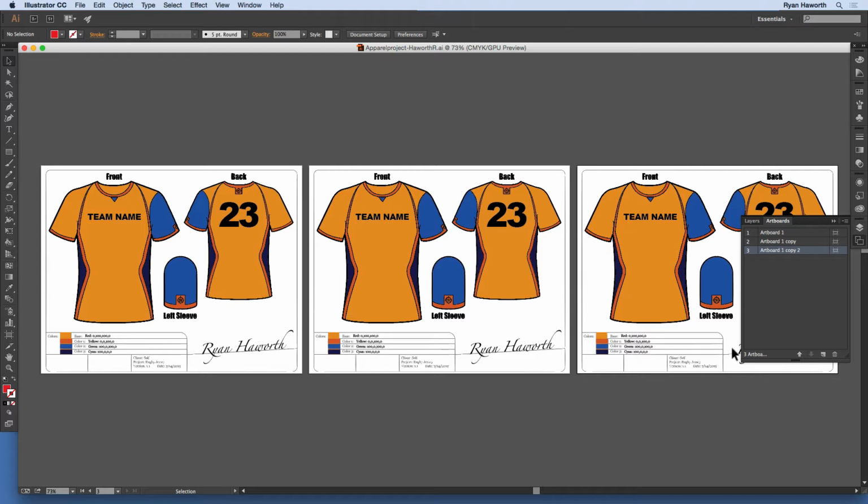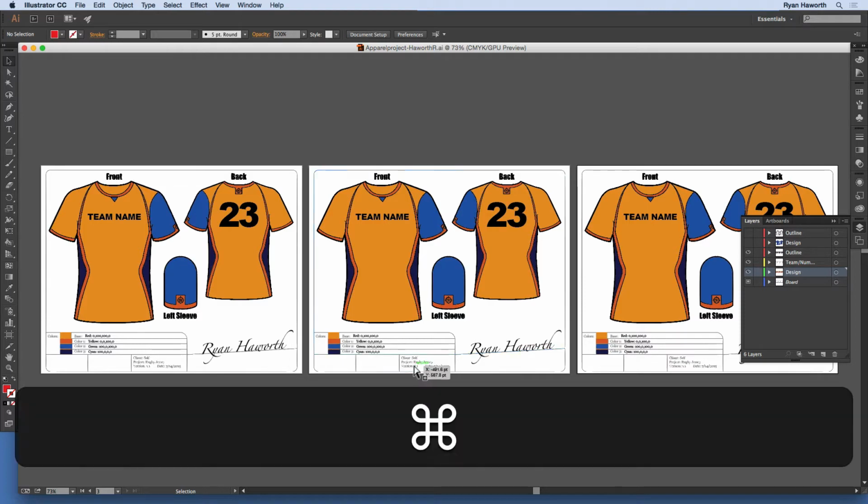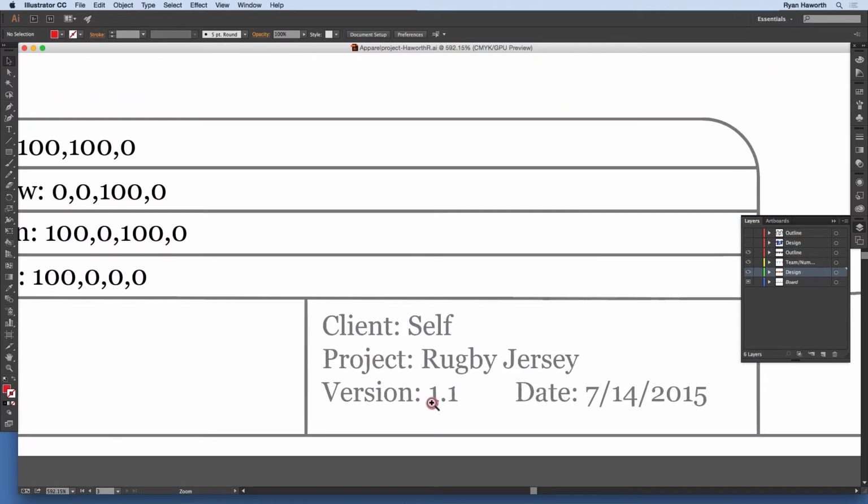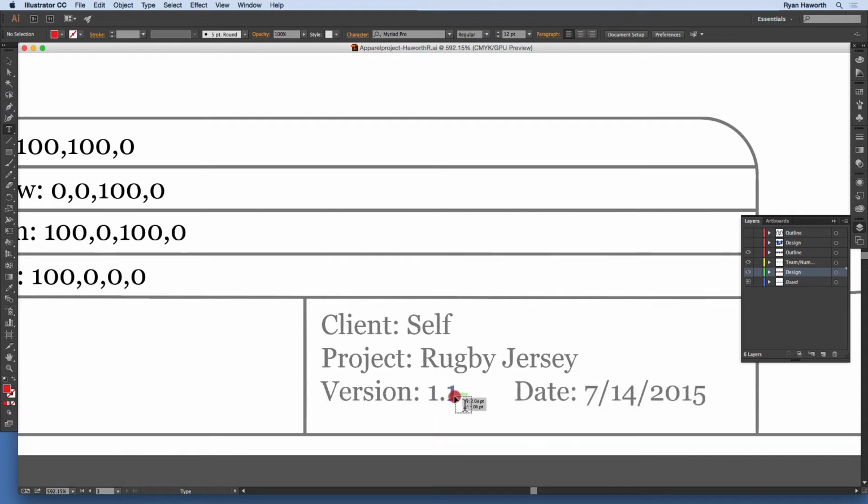All right, now we are recoloring our artwork. You should have, if you're following along, 3 identical artboards. Each artboard should have artwork on all 4 layers. Go check your layers. Yes, it does. Great. And then also what you're going to need to do, save as you go again, and we'll do the following. So the first thing we'll do is information on the board itself. If you're following on from the class, you will have the file, and you'll just zoom in to the second artboard, click the text tool, whoops,